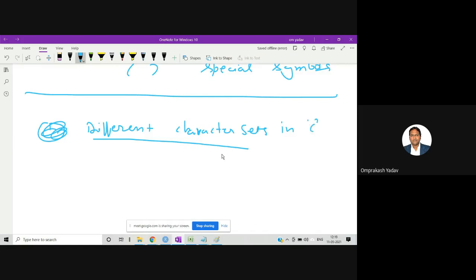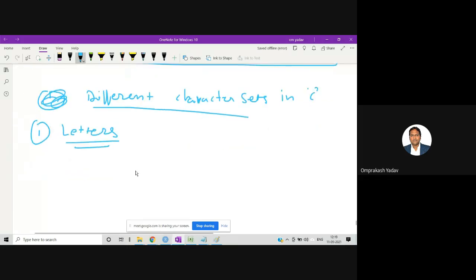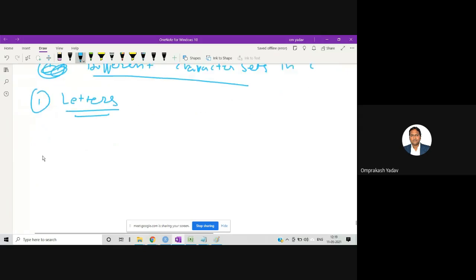So first I will try to see what different letters are available. Since this is a high level language, whatever we'll be writing is in the English language only. So whatever letters are there in the English language, those letters are there in the C language also. So obviously we have capital A to Z, and then small a to z.